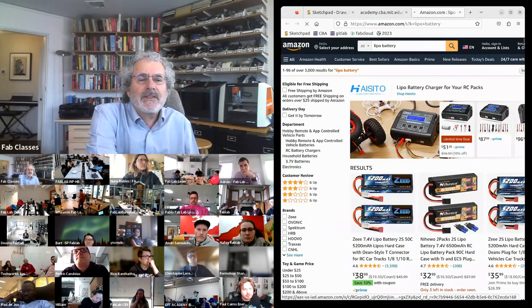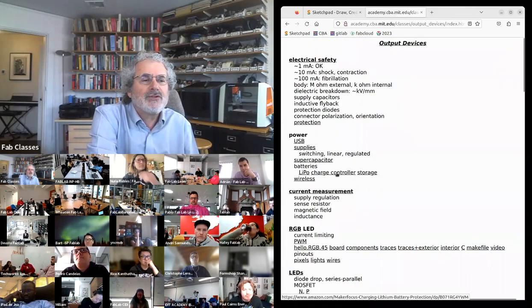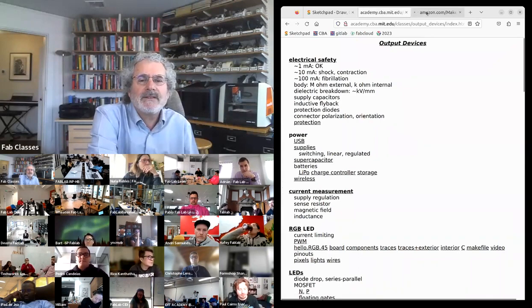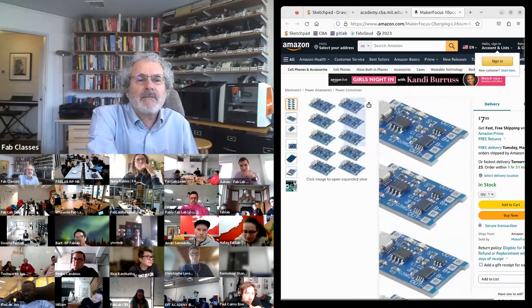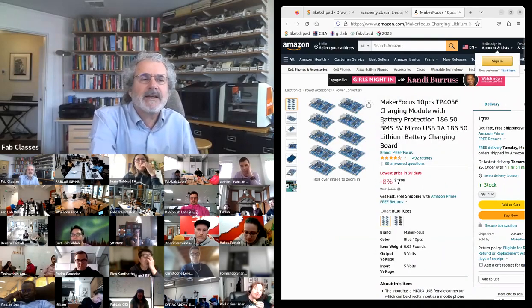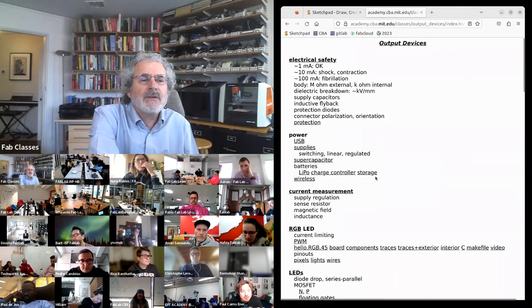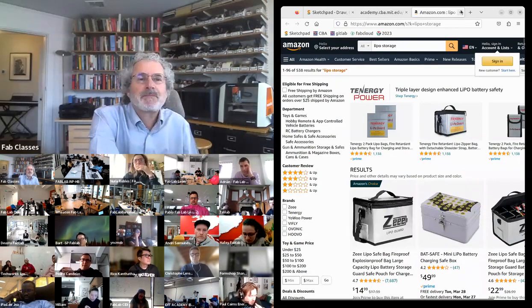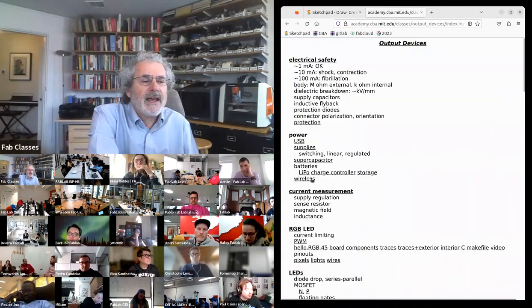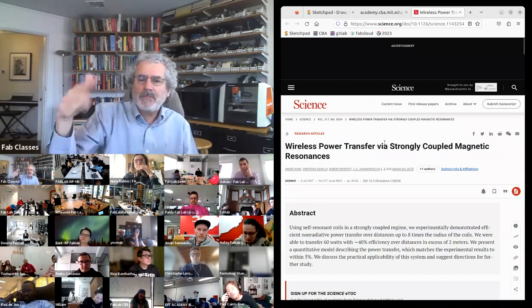For batteries, for things like drones, we use lithium polymer batteries. Charging them is much more sensitive. You can kill them, you can make fires, but there are these common commoditized boards that have built-in chargers to control them. And if you're using those, you need to be aware they're also a fire hazard, and you should store them safely for fire hazard. And then finally, there's a lot of research on wireless power transfer, where you can make